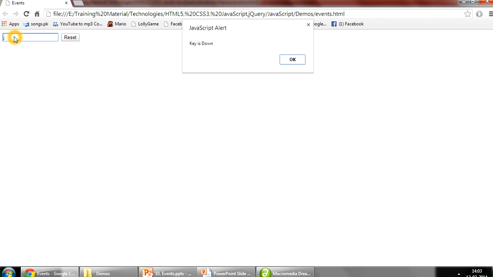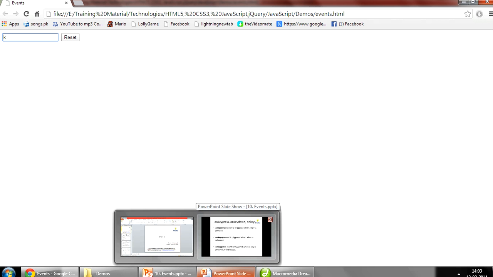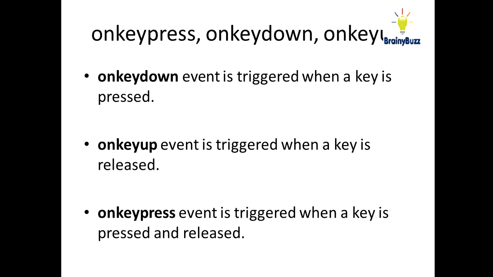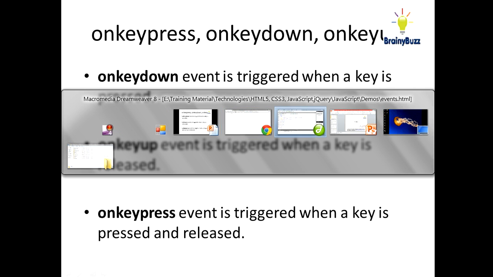Key is down. Key is pressed. So like this you can see that the key is pressed and the key is down.